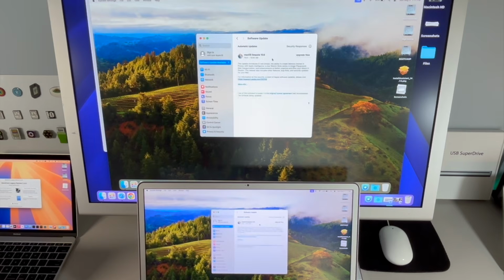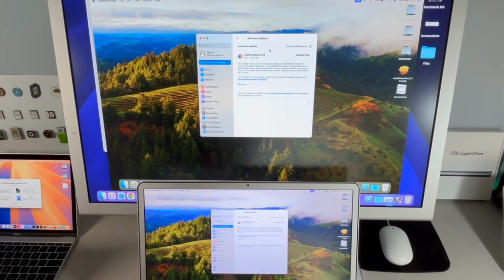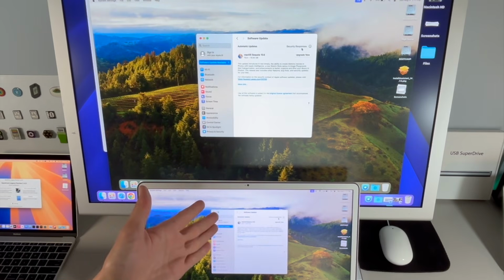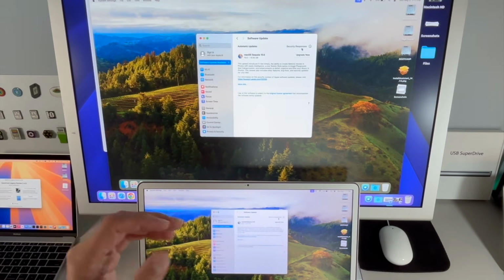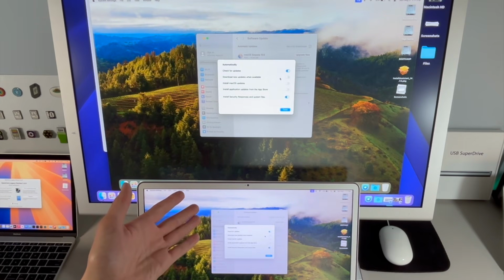When we go into System Settings and then we go into Software Update, it's important to understand what's going on in here. We have to look at two very important things. We got to make sure that automatic updates are off. This is very important for new viewers. And the reason why we have to turn them off is that Apple has changed the way updates work. And if you have "download new updates when available" selected on,